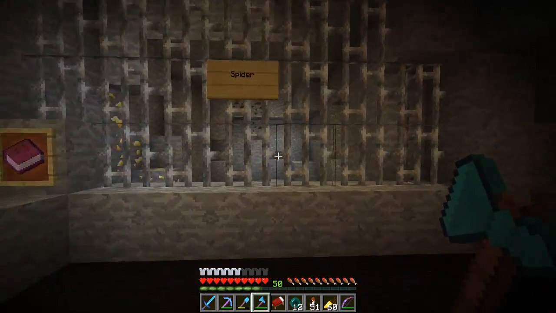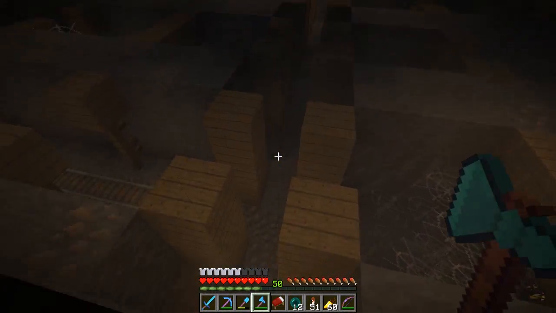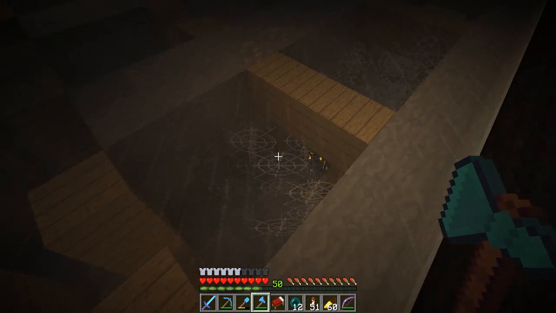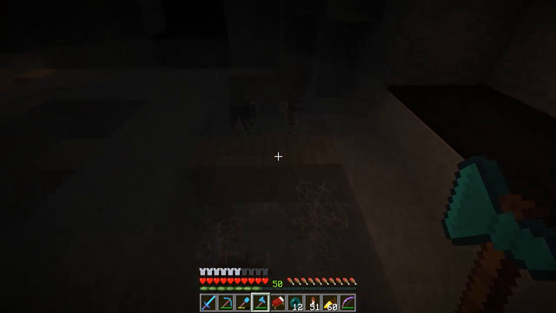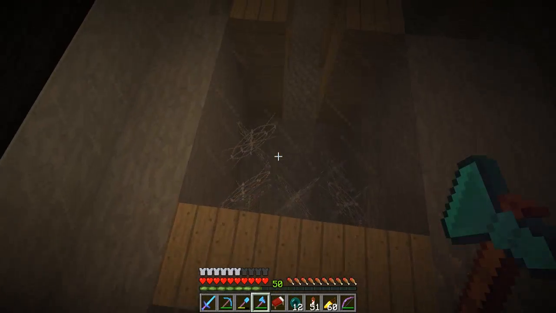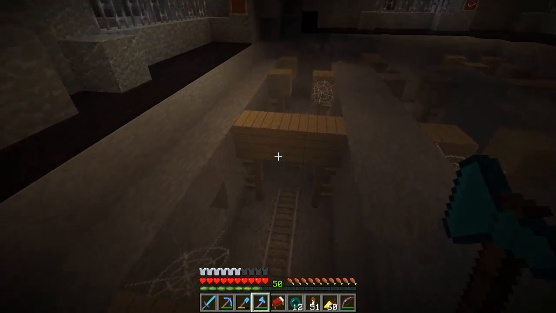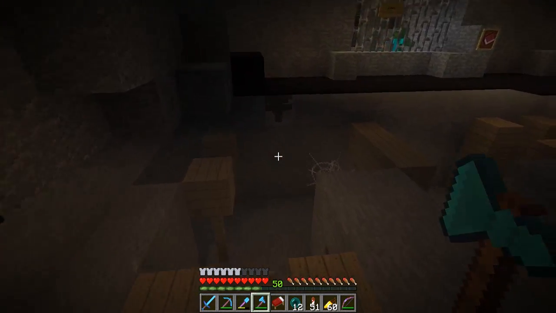Let's see, what's this one? The spiders in here kept dying, which was really annoying, but we've got stuff down here. We've got a cave spider spawner right down here underneath all this glass. This is always fun because you get all the mobs that are spawning in here, and you can kind of see them, and you got bats, and you got,